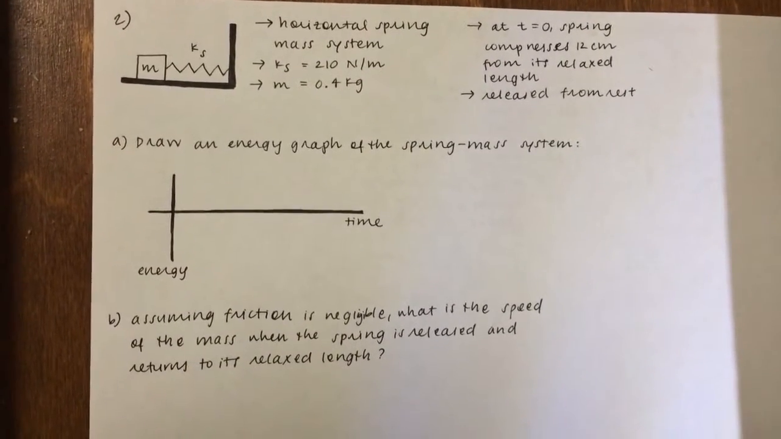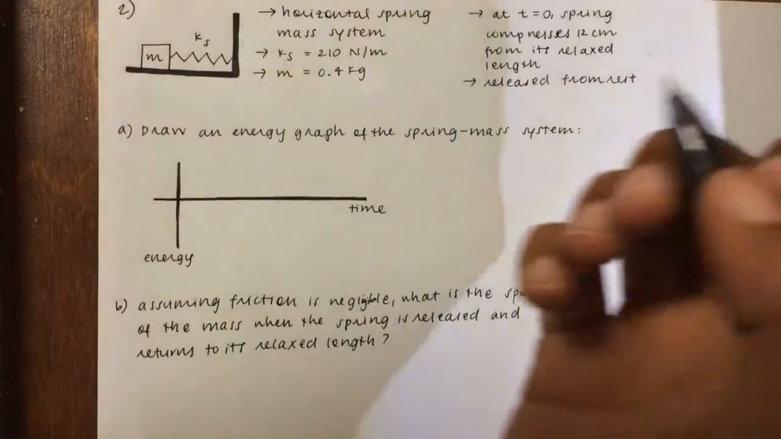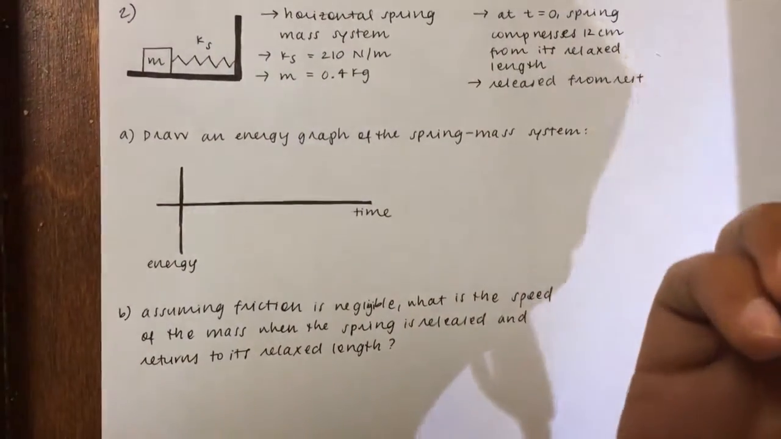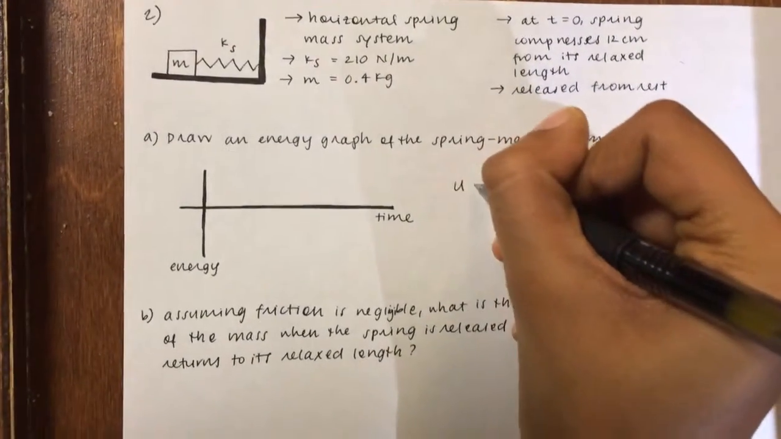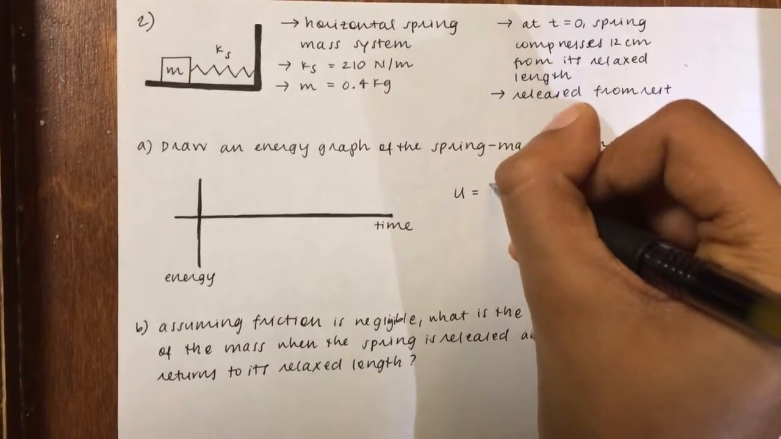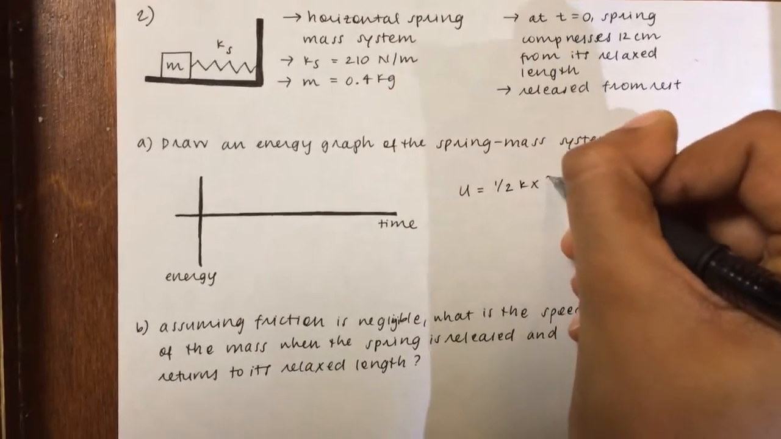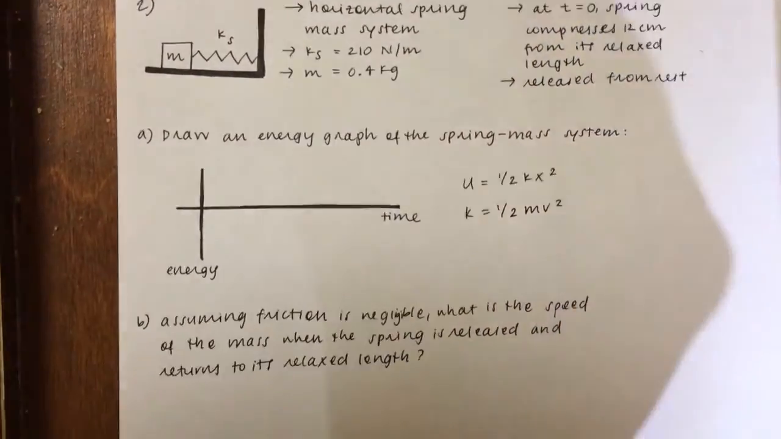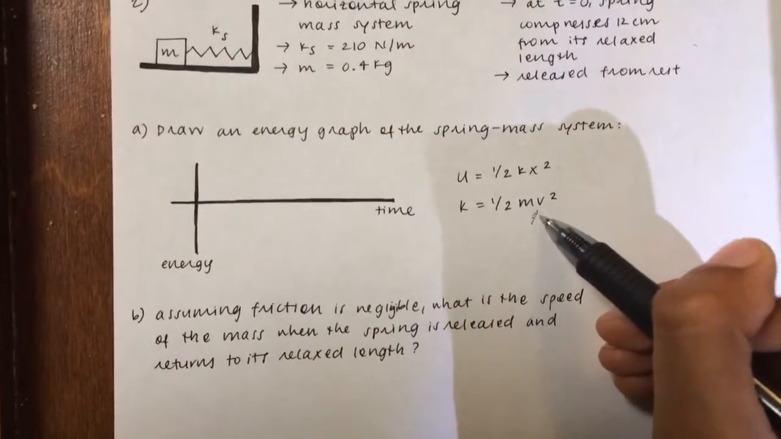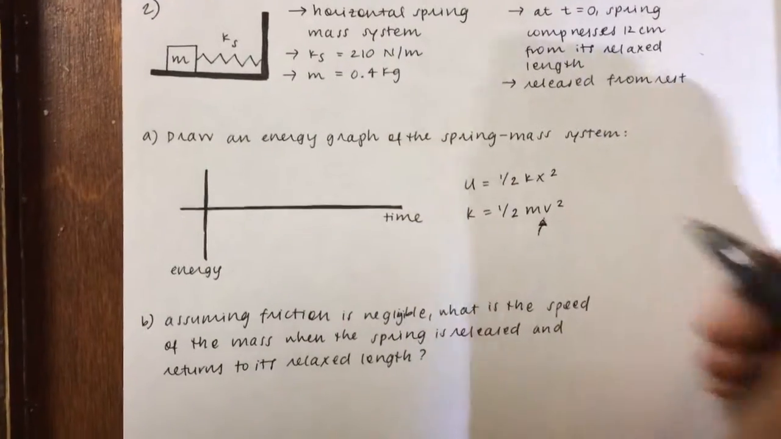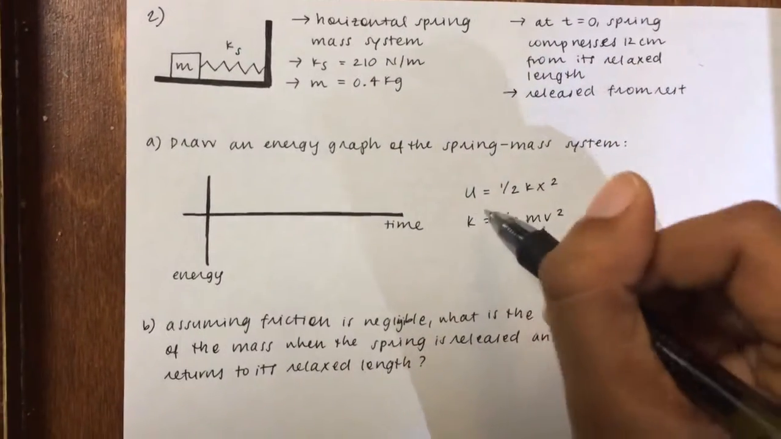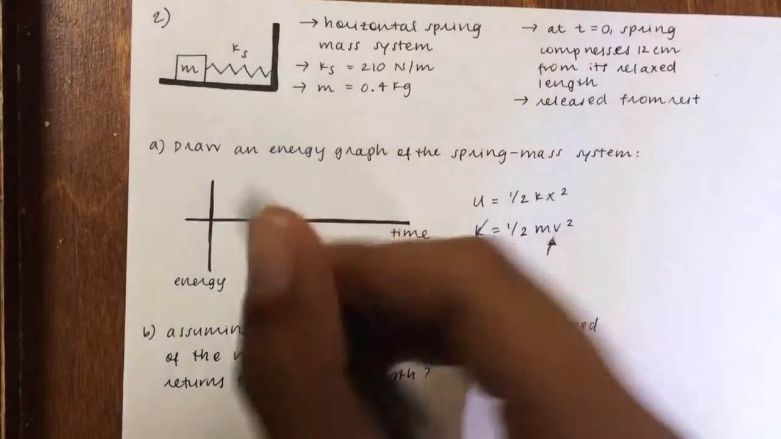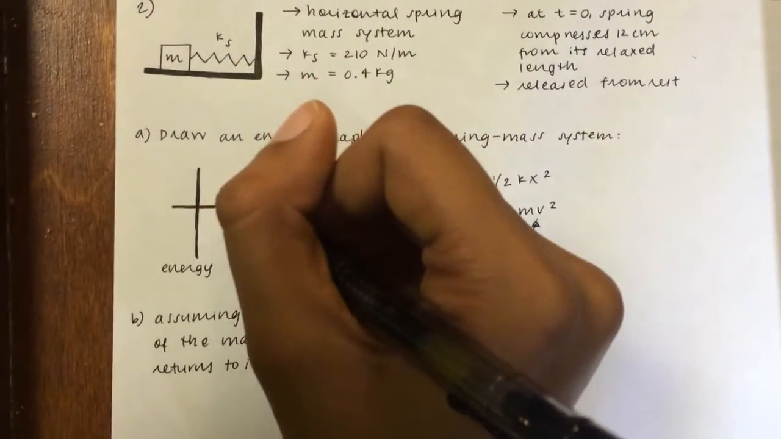So we know that the block is released from rest, which means that it's all potential energy, because potential energy is equal to 1/2 kx squared, and kinetic energy is equal to 1/2 mv squared. And since we don't have any initial velocity, we know that kinetic energy would therefore be equal to 0 initially. So we can draw that